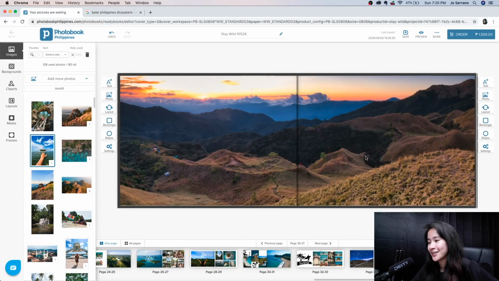So this next page is also another one-page design. Really simple. And I got a stitched landscape photo that is perfect for this page, which is actually our campsite around Mount Pulag. At this time, I believe this is the second day